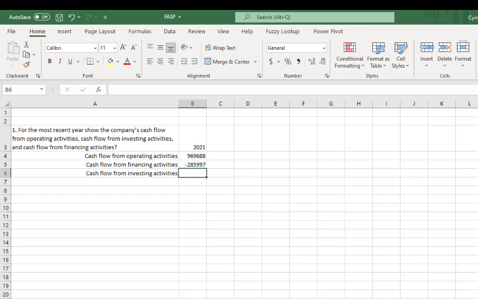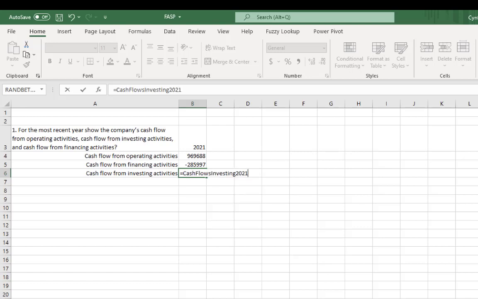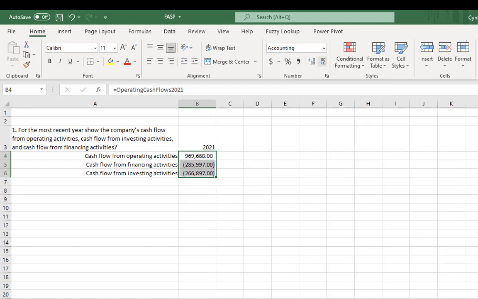Investing, we do the same thing. Equal, start typing. Here's my cash flow investing. Double click, press enter, and now I have my 3 cash flows. Now I would like to make these look a little better, so I'm going to go ahead and format them comma style. I'm not going to put dollar signs in front of each of them, but comma style will allow me to see them better. I don't need any cents. And right there, now I know that my cash flows from operating activities,